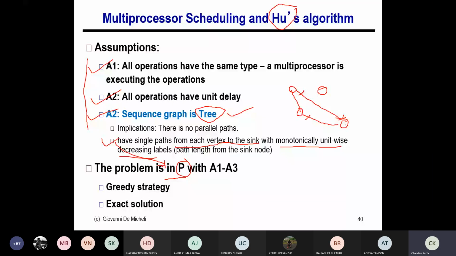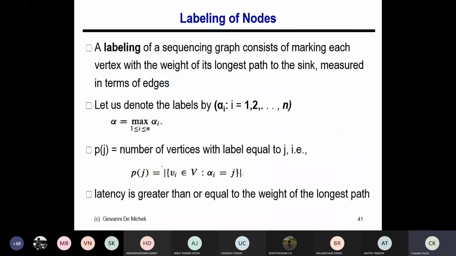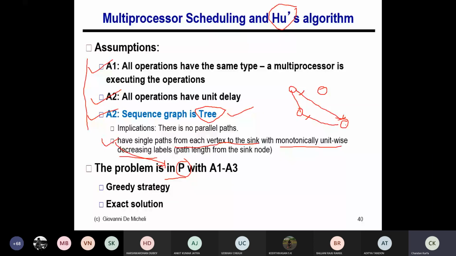Right? So that means we say exponential solvent, right? So 2 to the power n or say 10 to the power n, those kinds of algorithms are basically exponential algorithms, which won't work in practice. I mean, you cannot apply those algorithms in practice because it's a huge complexity, right? So let us now move into the labeling part, because this algorithm works on a particular labeling